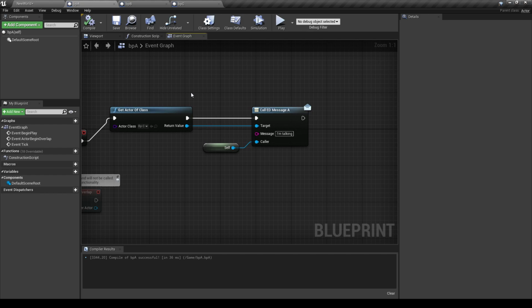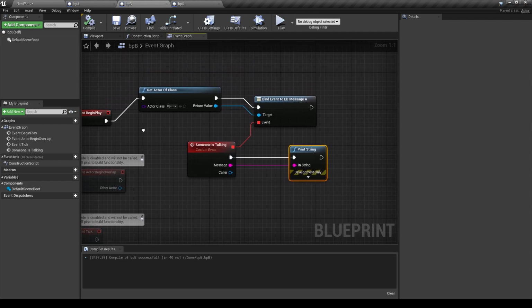We will retrieve the first actor of the class blueprint C, and then we will call the Event Dispatcher that is defined in blueprint C. So any blueprint that has a bind node on blueprint C, on Event Dispatcher message A, will have their event fired.